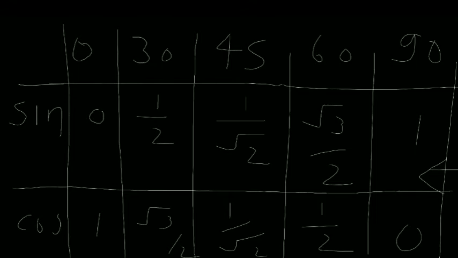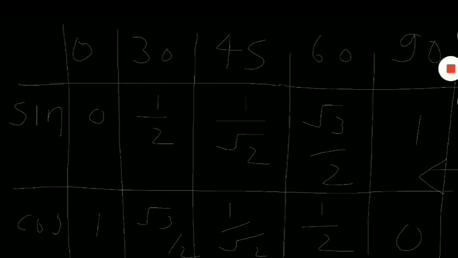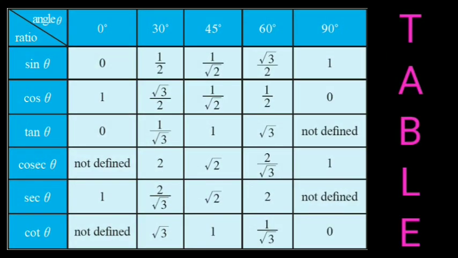Okay, now the remaining three values. If you are going to find the value of sec theta, sec theta is 1 upon cos theta, as you know very well, so you take the reciprocal of cos, and cosec is the reciprocal of sine, so you take the reciprocal of the values of sin theta. By this way you can prepare the whole table within a minute, and it is a very easy trick. You can understand it, prepare the table and practice it. Okay, so let's move towards questions based on the trigonometric values.